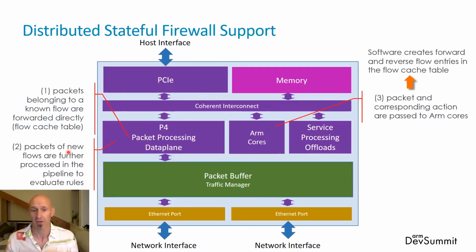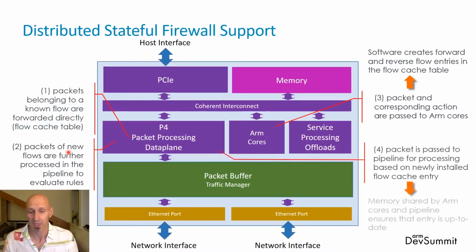The ARM core is going to create a new entry in the flow cache for both the forward and reverse direction of the traffic, and then the packet is injected back into the packet processing pipeline